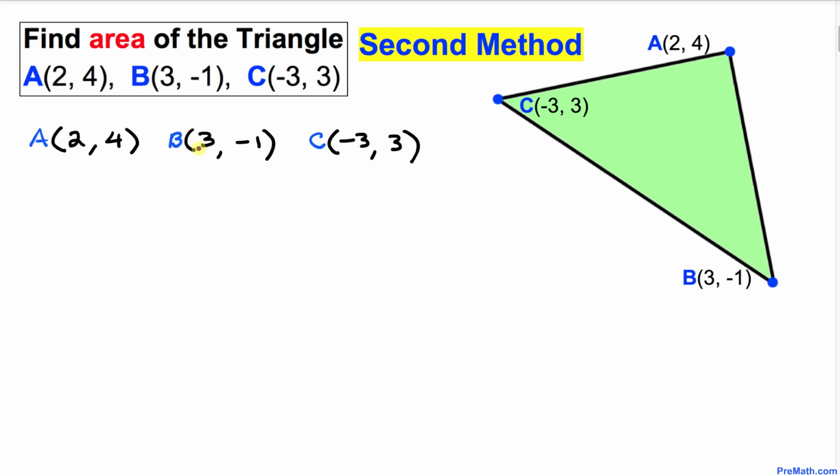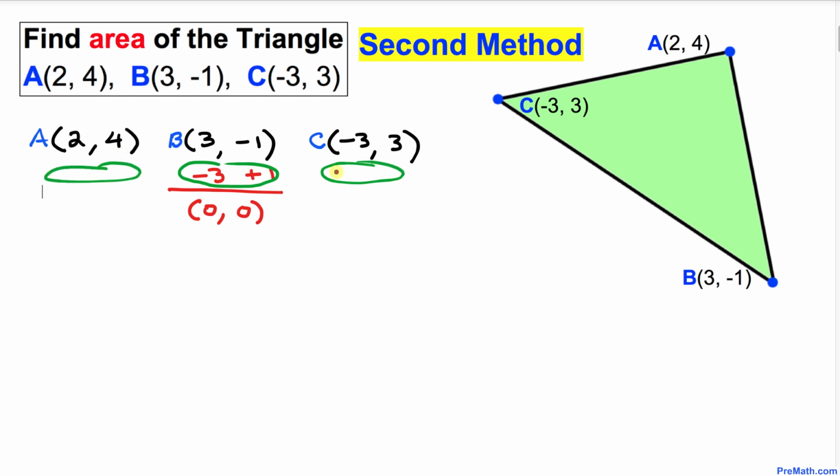How can I make it a 0? The opposite of this 3 is going to be -3, and the opposite of this -1 is going to be positive 1, isn't it? If we add these, -3 and positive 3 is going to give us 0. -1 and positive 1 is going to give us 0. Now let's go ahead and add whatever we put here to these numbers as well. So therefore I can write -3 plus 1, same numbers, -3 plus 1, same numbers.